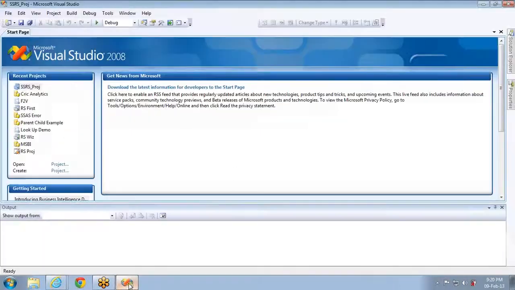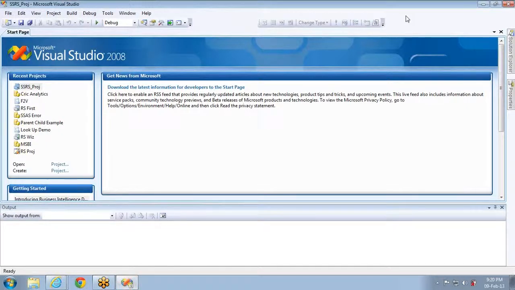So, deployment. What is meant by deployment? Deploying your reports. If you design some reports, if you develop a solution, then you need to deploy it to the server. In this session, we're going to discuss all of that. Deploying means submitting the report that you have developed to the destination server or the production server, whatever it may be.